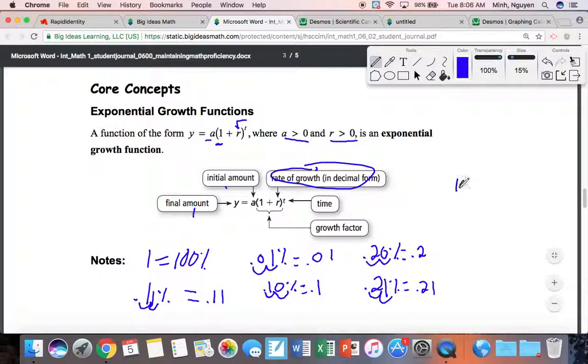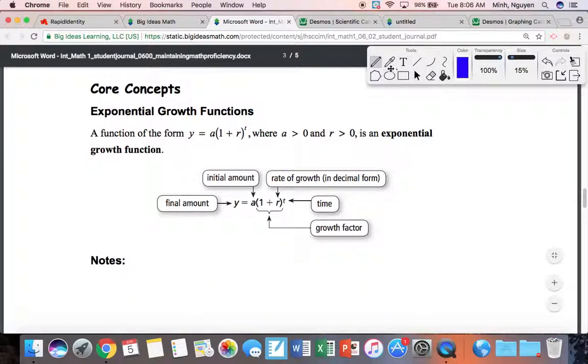Okay? So if I start off at 100% and I move the decimal twice, that is just the number 1 or 1.0, whatever you prefer. After you add the rate of growth to 1, that is your growth factor. So for instance, 1 plus 10% is 1.1. So the rate of growth is 10%, but the growth factor is 1.1. Okay,